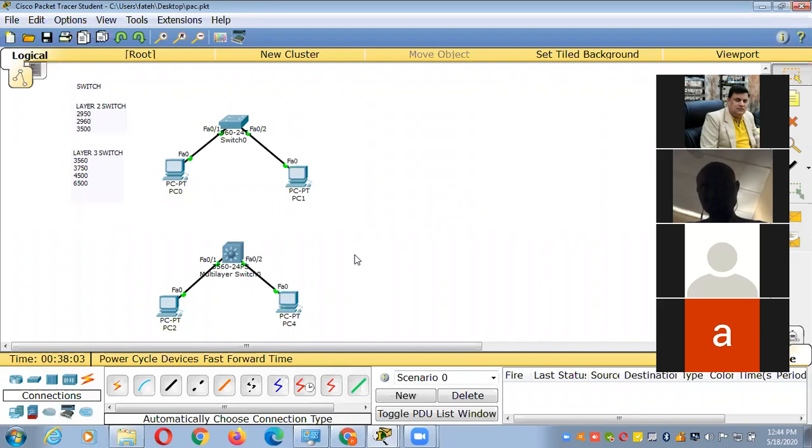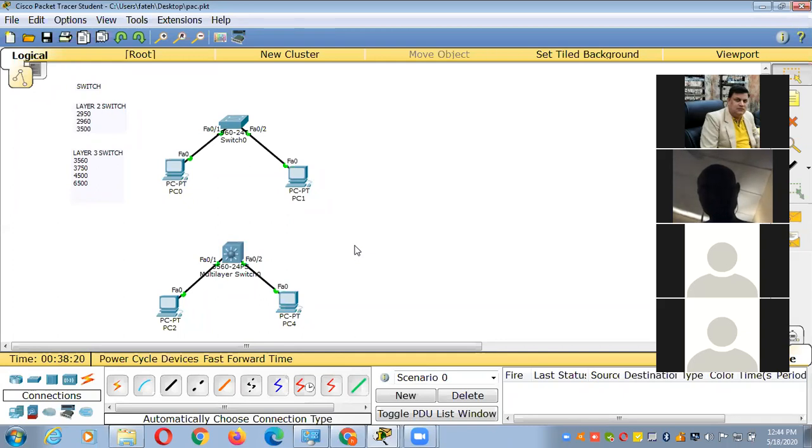Okay, layer 2 switch only operates at layer 2 of the OSI model, and layer 3 operates at layer 2 and layer 3. Okay, very good. But I think we can give layer 2 an IP address, yeah, by giving a VLAN, right?